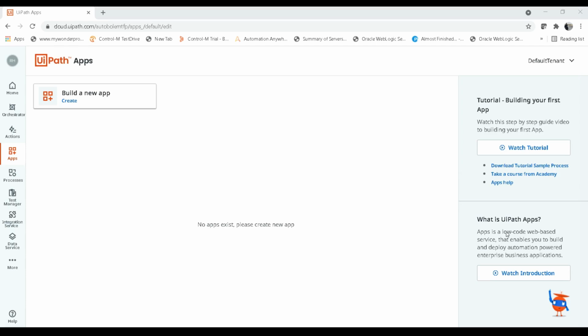UiPath is providing low-code functionalities, so you can directly drag and drop the particular functionalities for creating the app, and you can integrate that application with the RPA process to trigger the RPA process. In this video also we are going to create an application and see how you can automate this calculator scenario. Before going to create the application,